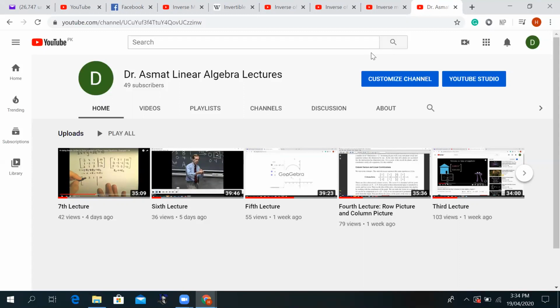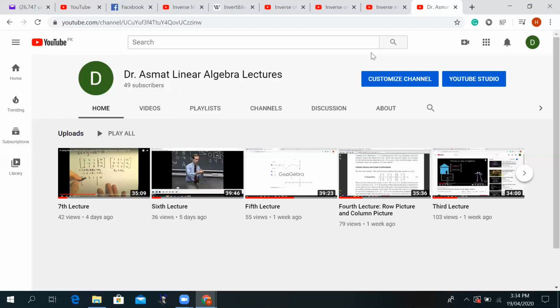But one thing we need to keep in mind is that today our lecture will be focused on a very special type of matrices. We call them square matrices, like 2 by 2, 3 by 3, 4 by 4, and so on. So it means the rows and columns are the same. Or if I talk in terms of the linear algebra language, then it means that the number of unknowns and the number of equations are the same. So if that is the situation, then today's lecture will be of interest to you. So this is the focus of the lecture.